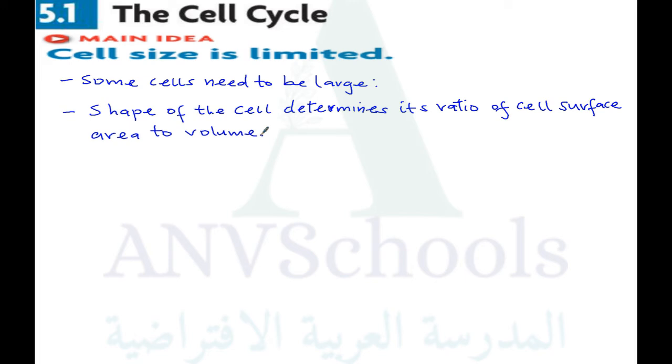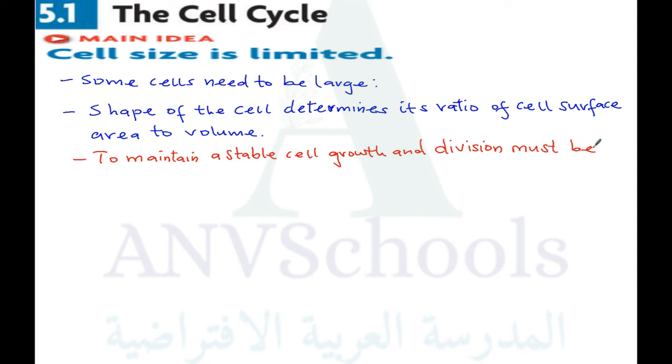So to maintain a stable cell, growth and division must be coordinated. So if a cell